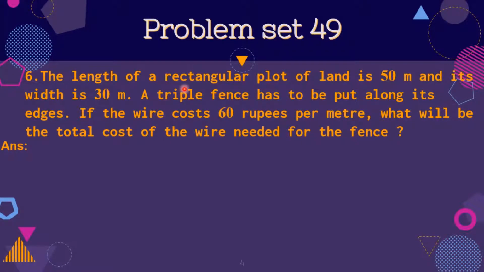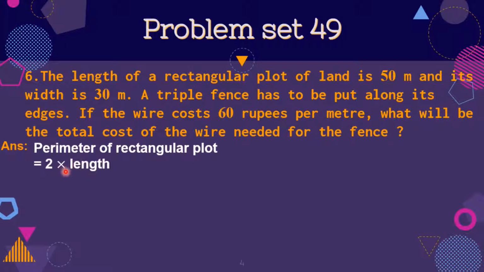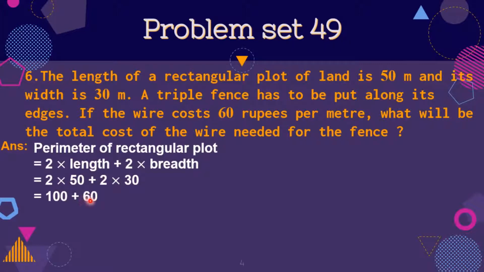So, we have the formula, perimeter of rectangular plot is equal to 2 into length plus 2 into breadth. So let us put the value of length and breadth. So we write 2 into 50 plus 2 into 30, which is equal to 100 plus 60, which is equal to 160 meters. So this is the wire needed for one round